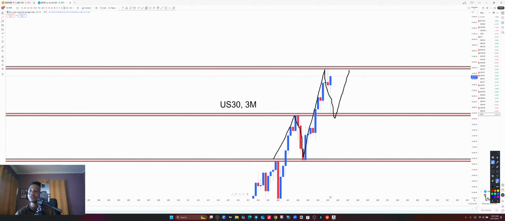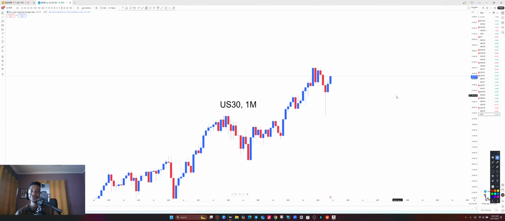So where is it going? It is going all the way to make contact with the next resistance level over here. It's as simple as that. All right, so US 30, we know that price is going all the way to the upside. Now, how can we pick buying opportunities to take us all the way to this resistance level? Let's find out as we go through the various time frames together. All right, so US 30, we are going to go all the way to the monthly time frame to continue with the flow.